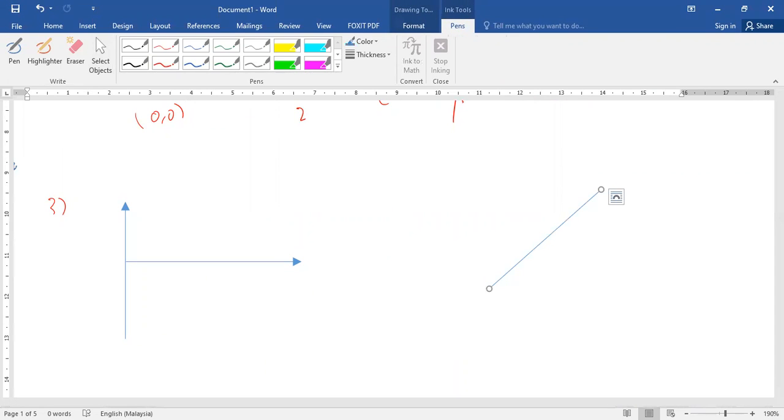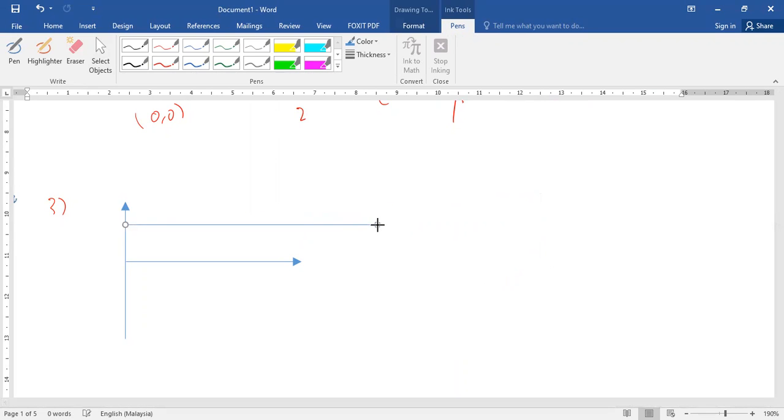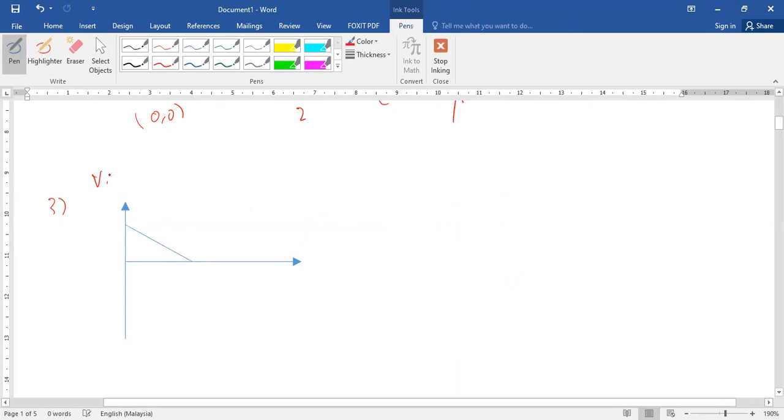When the object is thrown upward with a velocity of 15 m/s, that means the initial velocity will be 15 m/s, but when thrown upwards, the speed will reduce and reduce. That means this will be the velocity